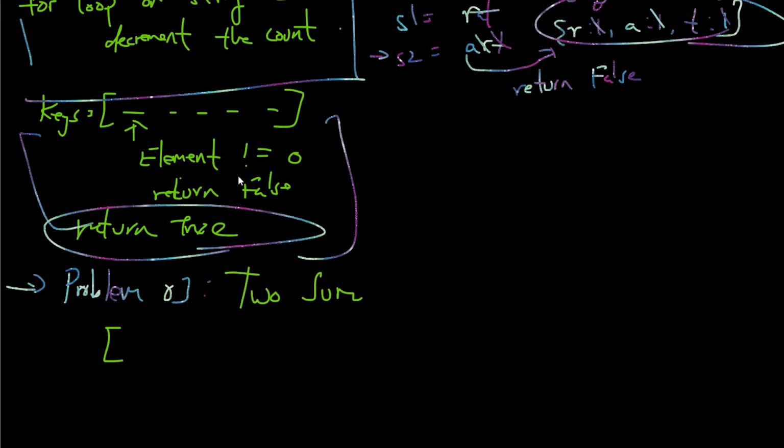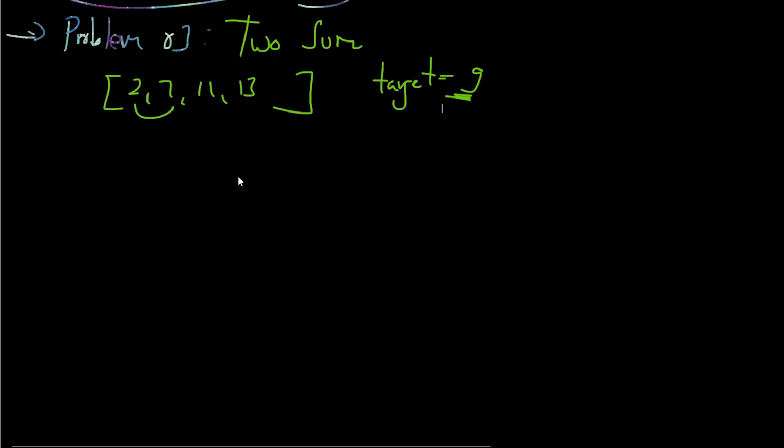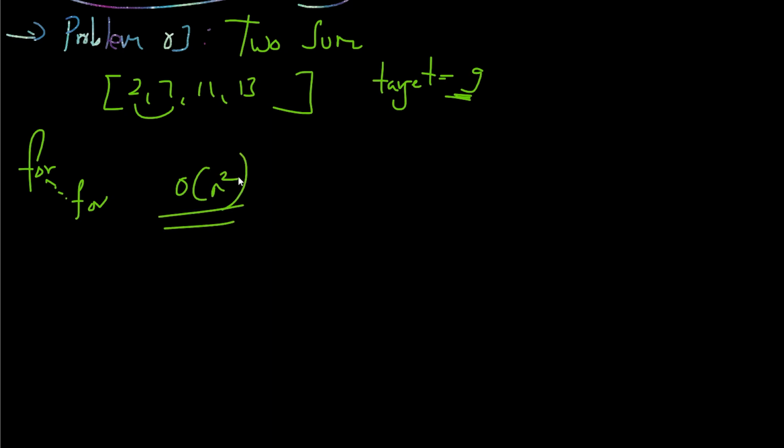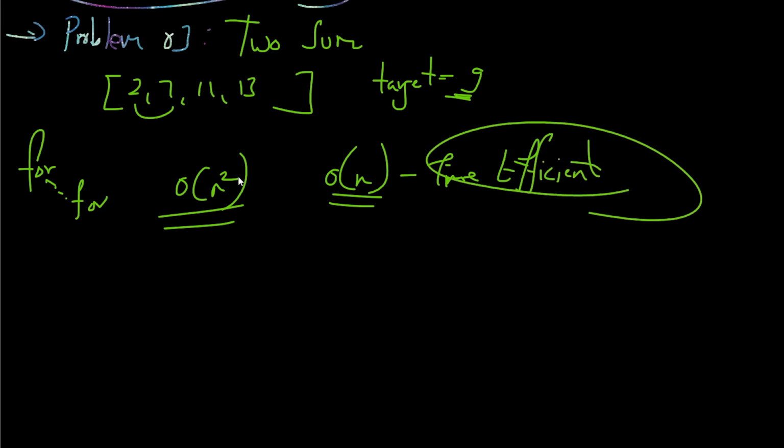Essentially you are given an array, let's say 2, 7, 11 and 13, and you are given a target. So you have to return two elements whose addition is exactly the target. And we had solved this in arrays using two for loops. Since these for loops were nested, the time complexity was order of n square. So now you can use a hashmap to make it linear, which is order of n. So this is more time efficient. Such a solution you can do using hashmaps.